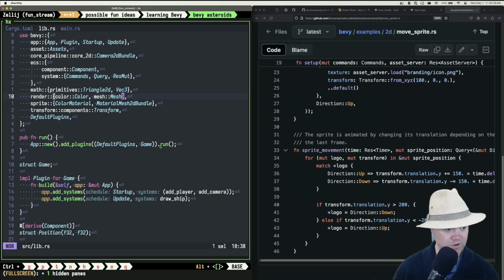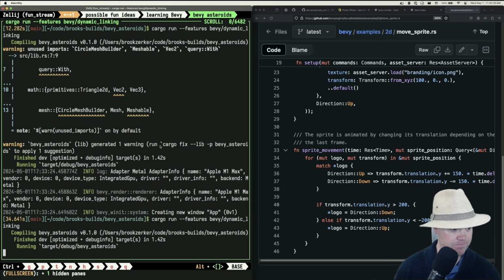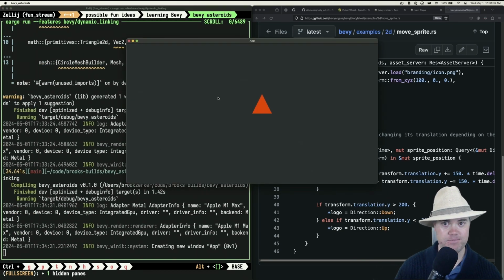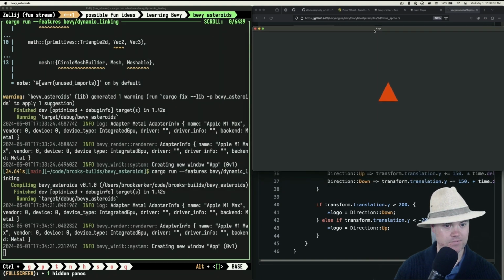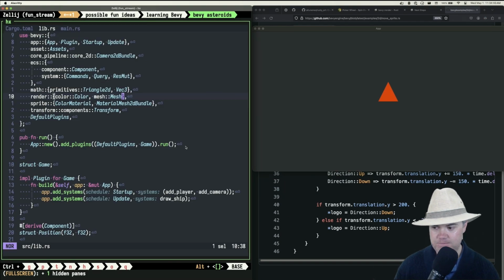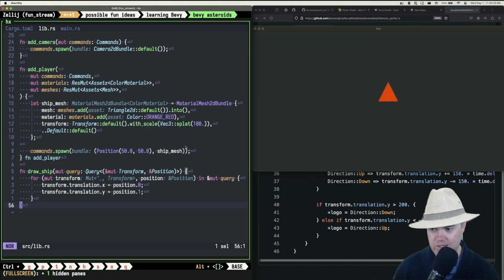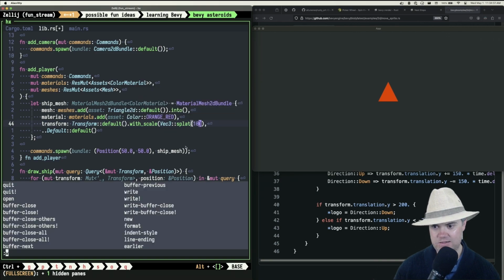Okay, no more warnings, no more errors, and we have our triangle, which is nice. So we have you hanging out here. Perfect. Now, if I were to make this really small, like let's say 10,